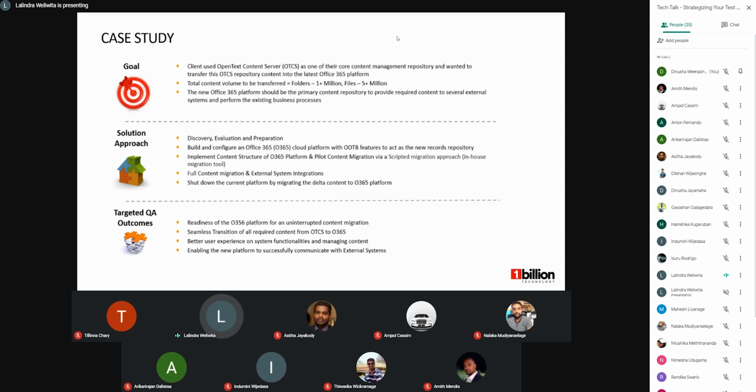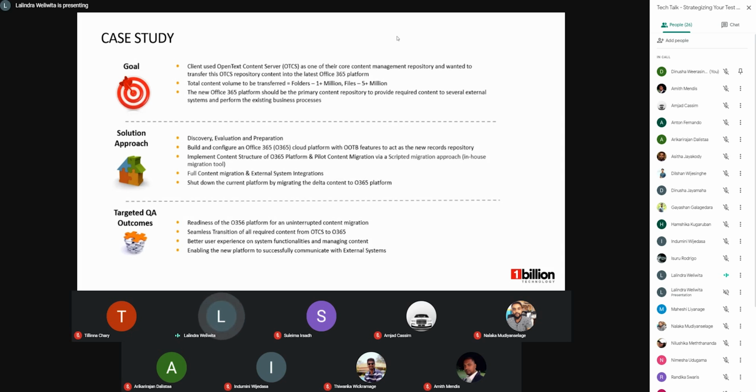Likewise, they actually use the existing system until we do the migration, and then finally we want to migrate the Delta content. In Data MTX also we had a similar kind of situation, because they had done some CRs, and after that we wanted to merge that as well into the final migrated application. So likewise, there is some Delta content, and the targeted QA outcome